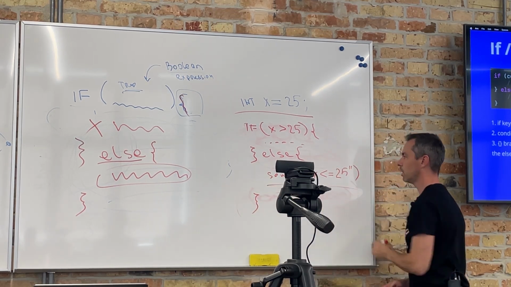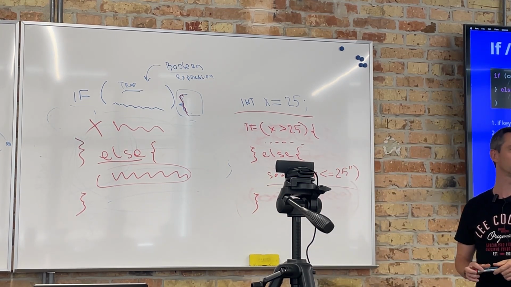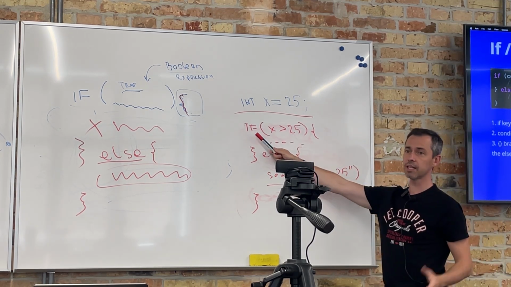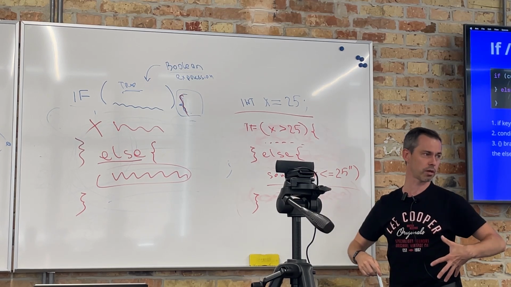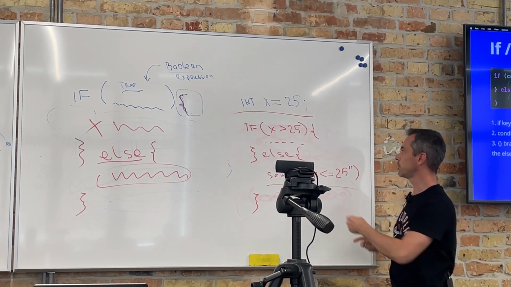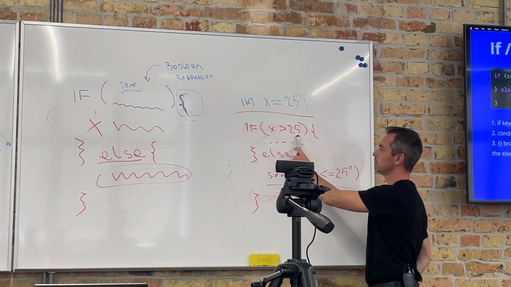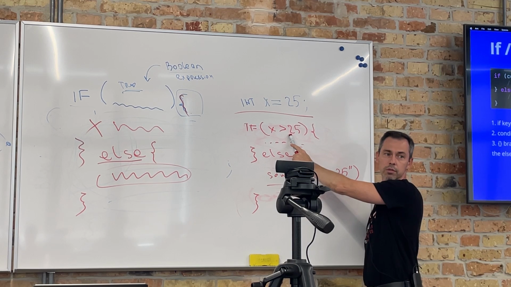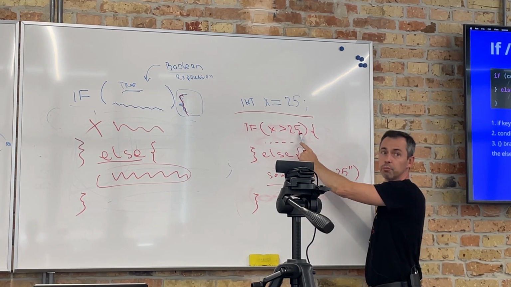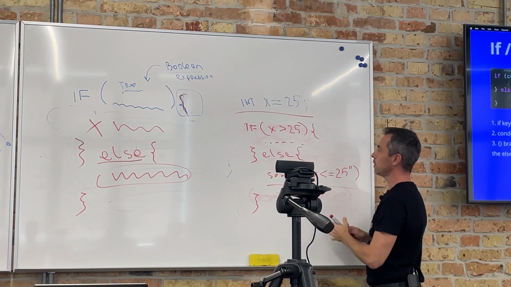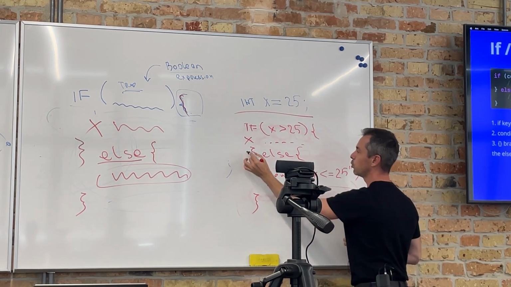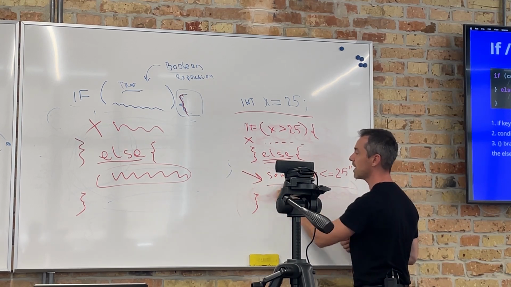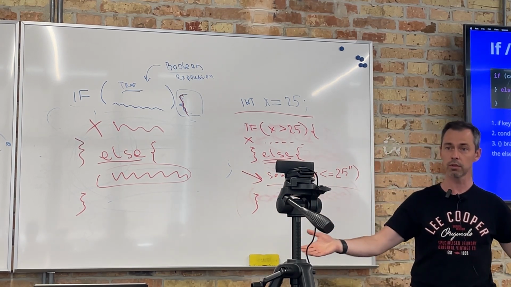So, will this line be executed in this example? Yes. Why? Let's become a Java runtime environment. We come to this line. We check this expression: x bigger than 25. X is 25. Is 25 bigger than 25? True or false? False, because 25 is not bigger than 25. That's why we skip this statement and we come to the else statement, because in this expression we have an else statement, and we just execute this statement. Do you understand that? Pretty simple.